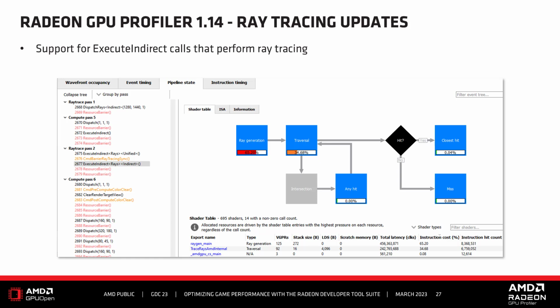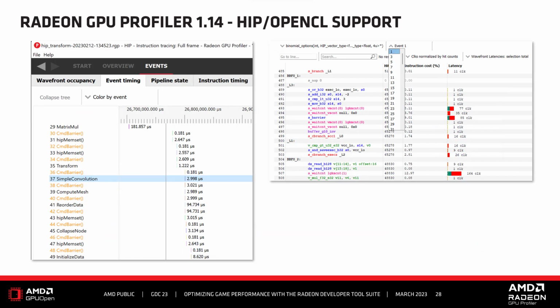Another new feature added to RGP this year was support for the HIP API. HIP, or the Heterogeneous Interface for Portability, is AMD's dedicated GPU programming environment for designing high-performance kernels on GPU hardware. HIP is a C++ runtime API and programming language that helps developers to create portable applications on different platforms.